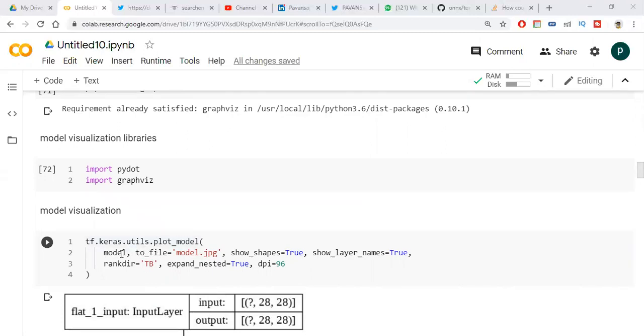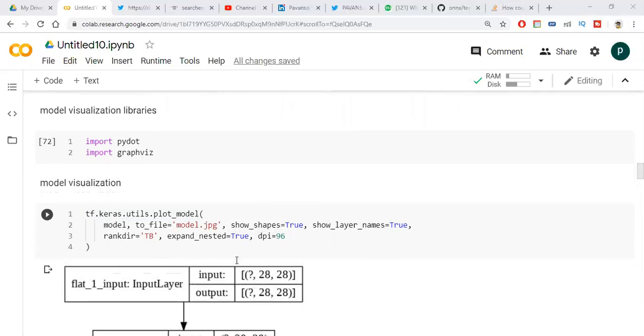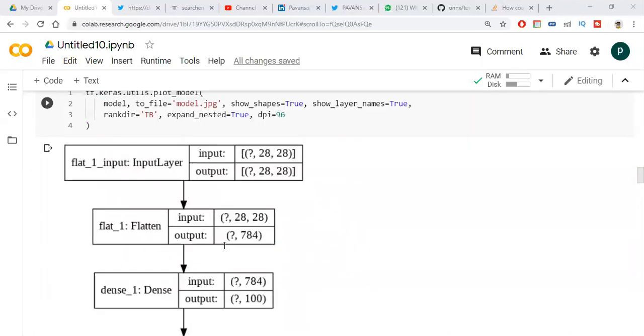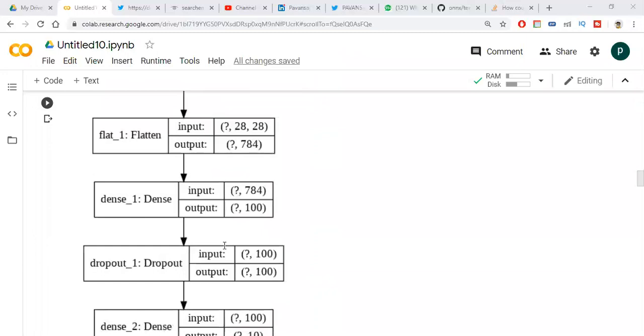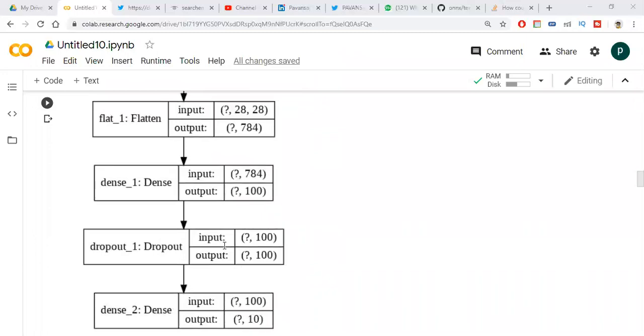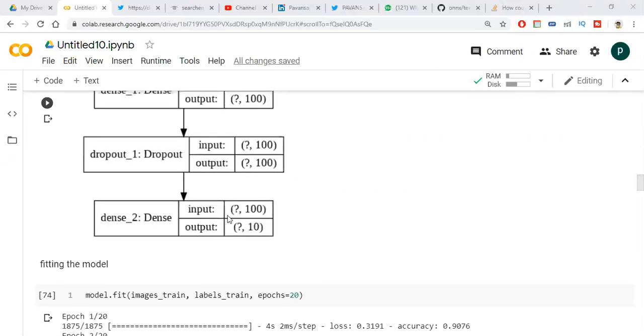In this, you give the model and the image file name. If you want to show the shapes of the data, give true, and for layer names also give true. If you want to expand nested layers, give true as well. So this is the image, or flow of the layer data, from the input layer to the output layer. This is the diagram.